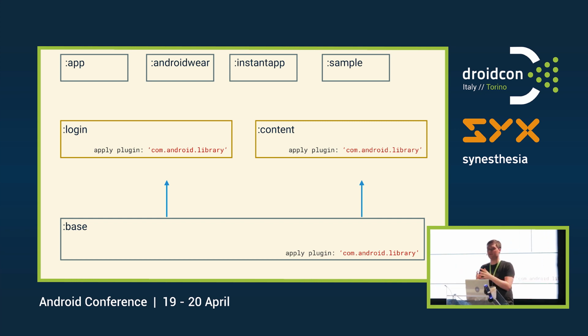You want to combine all the features in one big app. The Android Wear app might not need all features. Maybe it has some other features, but you can share the code quite easily and have an Android Wear app. Also, the instant app is probably just going to be one feature of your application, so it's just going to pull in that one. And basically, sample applications and how we use them is, maybe you want to make some